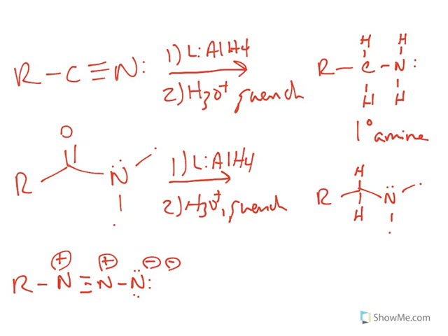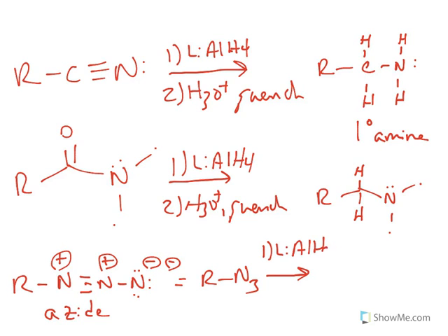Okay, that is one acceptable Lewis structure. And this is called the azide. And it's most often just abbreviated as N3 for, as you can see, simple reasons. You don't have to worry about which Lewis structure you have. But that's the azide, and that can be reduced